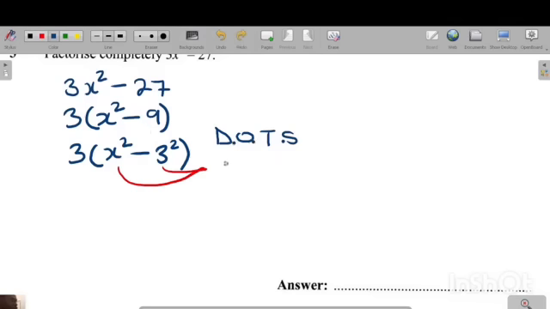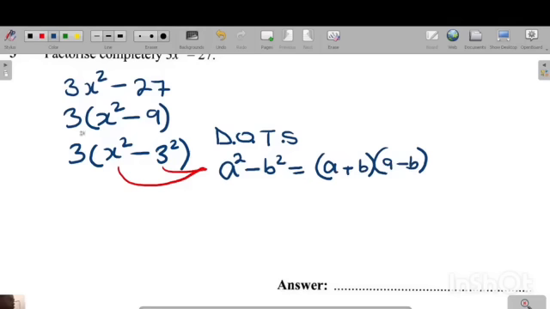Okay, so difference of two squares states that if you have a square number a that is subtracting another square number b, then for you to factorize this, you are going to factorize it in this form. Okay, you're going to factorize it as follows. You put a plus here and a minus there. So you say the square root of a squared is a. You also write it here. The square root of b squared is b. You also write it here. All right. So now,